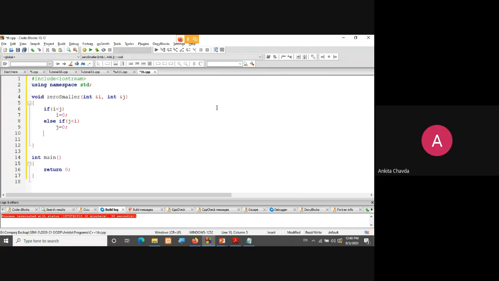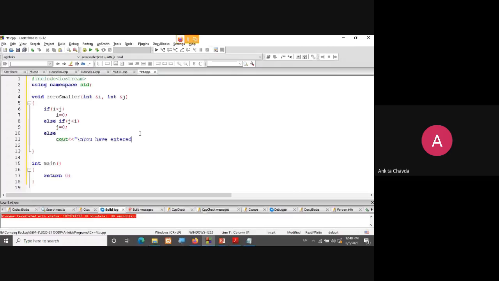And else, because it's possible that you give both values equal, like 5 and 5. At that time, the value wouldn't be replaced, but instead I'll print a message that you have entered the same value. Getting this? Fine. So this is my function, right?